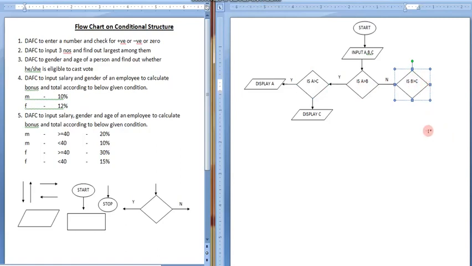And specifying here: is b greater than c? So there will again be one yes and one no. So let's just specify those. Suppose this is for no we are specifying, so no also we have to copy from here. Okay, so now the no is getting copied here, and one more we forgot to specify here also. Okay, here also one no is to be specified, so it is done.